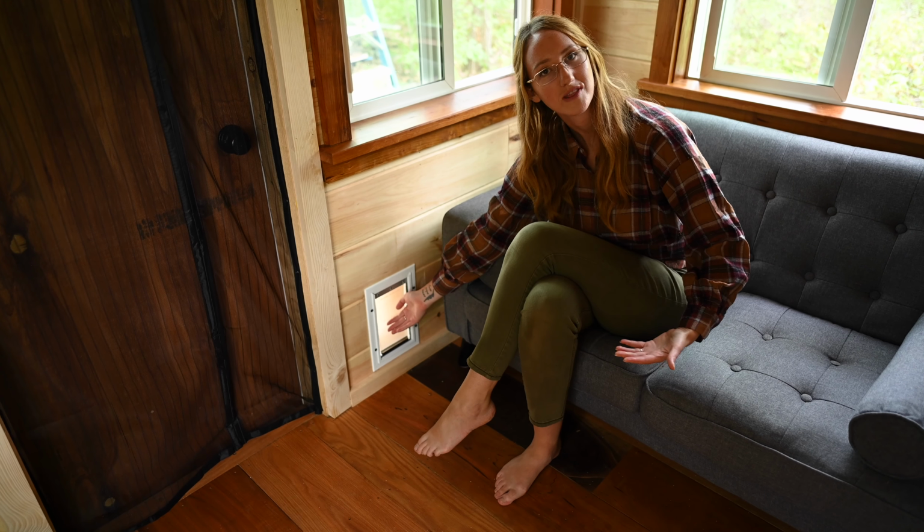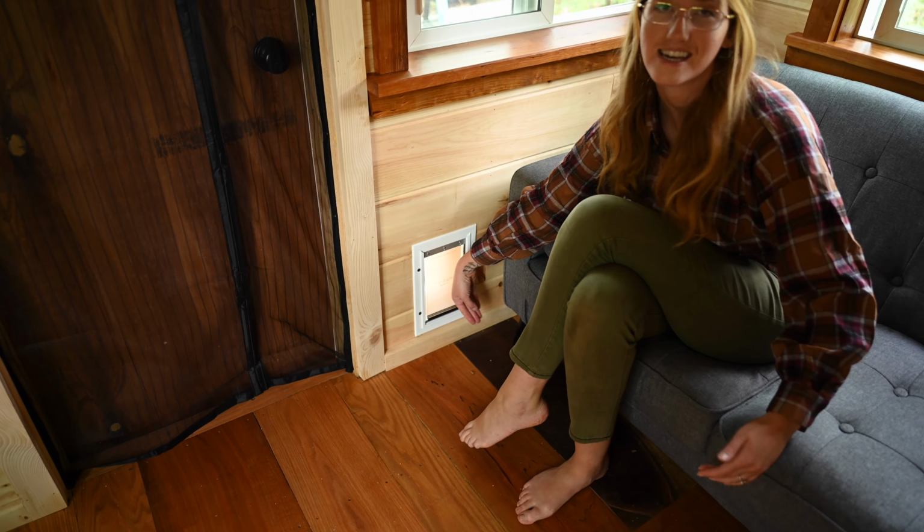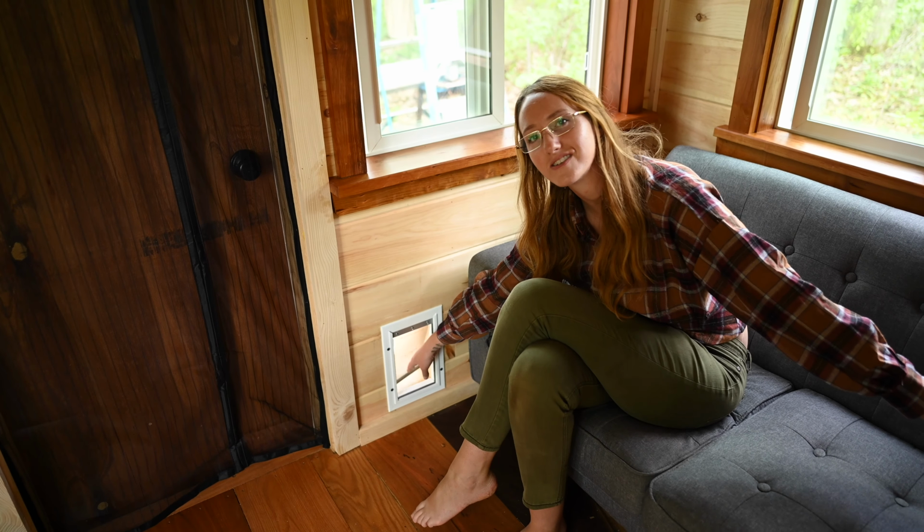You might be wondering what this is. This is for our fur friends, our 2 kitties, so they can let themselves in and out because that's important to us. They have free range, so